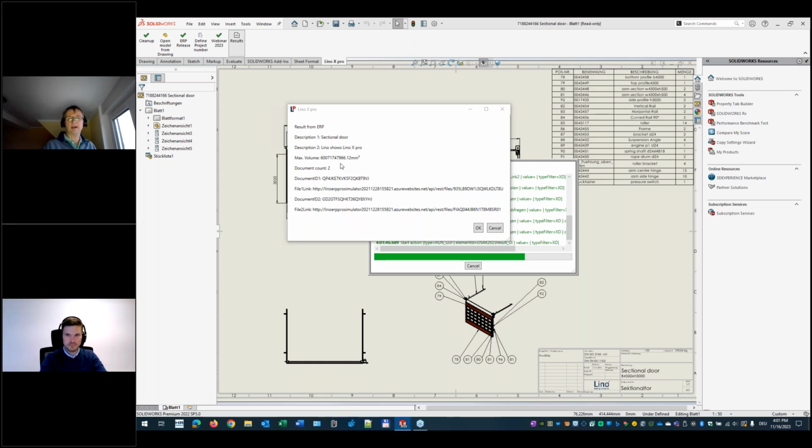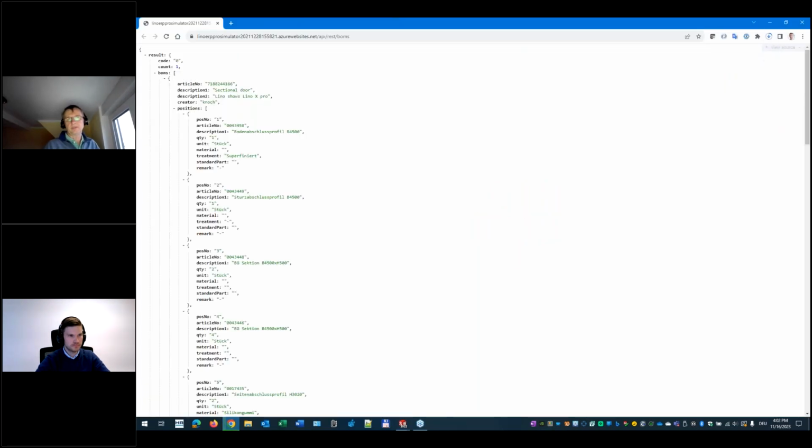And here you can see some data I entered, or they are automatically calculated, like the maximum volume of this assembly. It shows, okay, you have 2 documents for that number in the system. And if I hit OK,